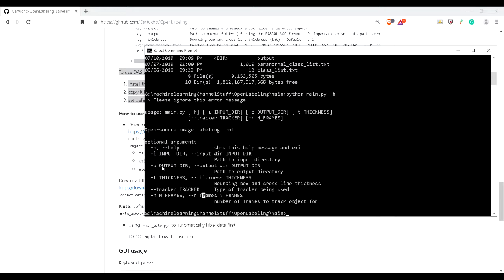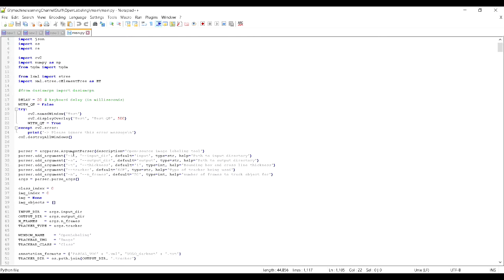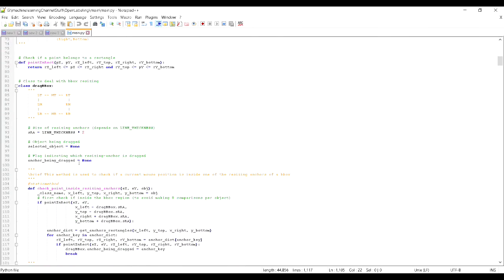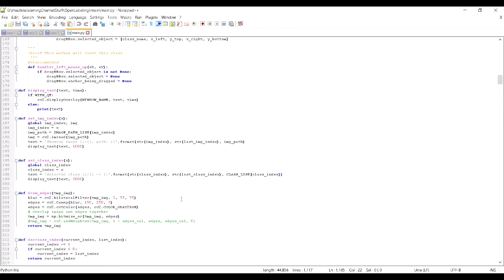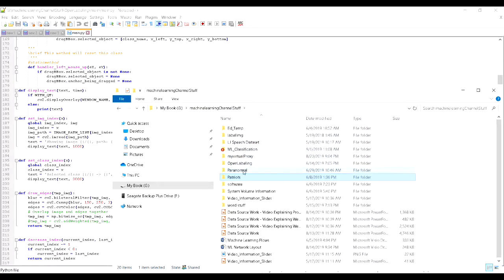So this tool, as the OpenLabel name suggests, everything's free to change as you need. What I had done here is pretty much have the main script opened up here. What we want to do is go in and